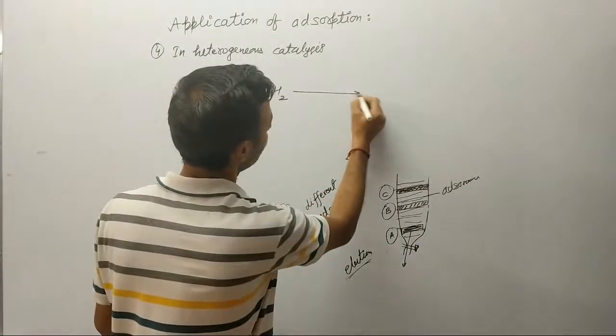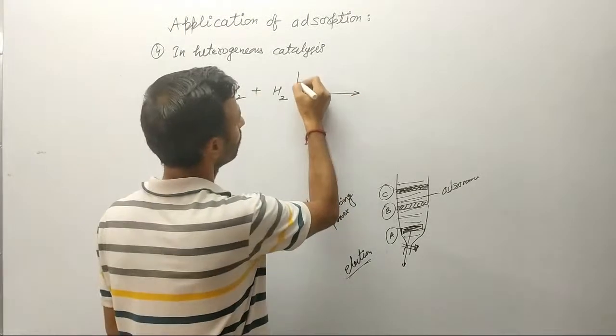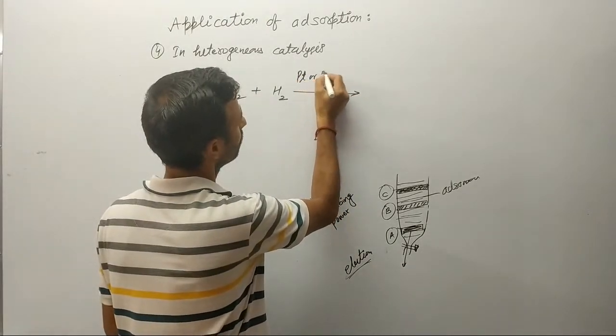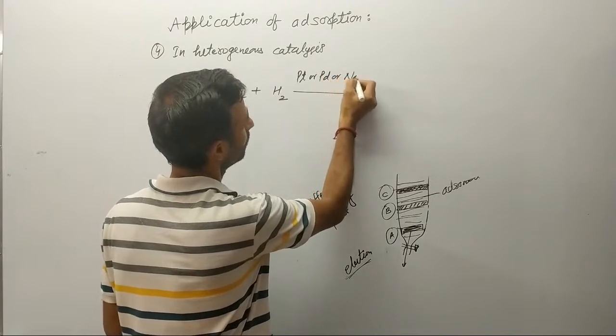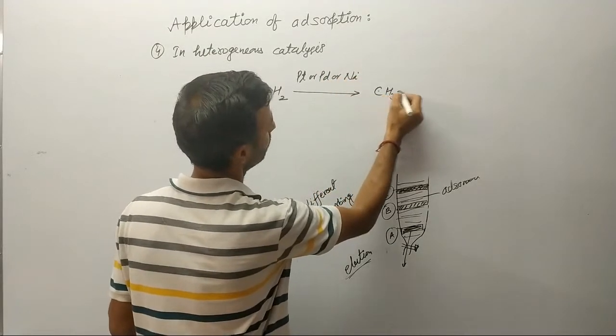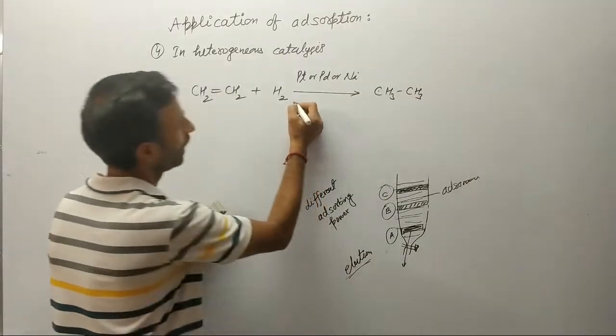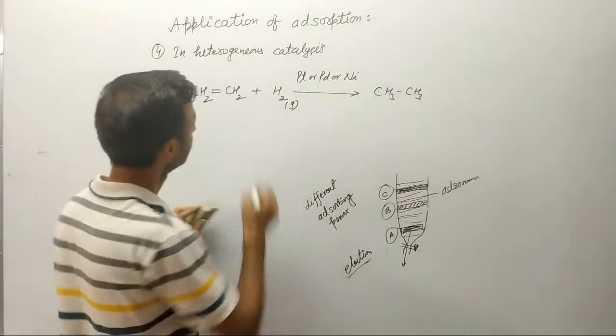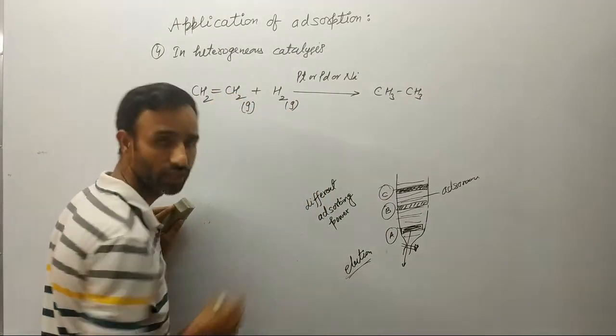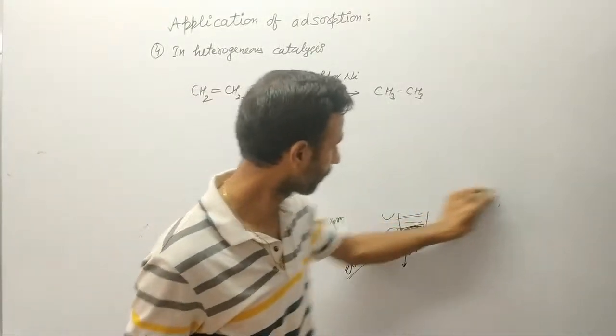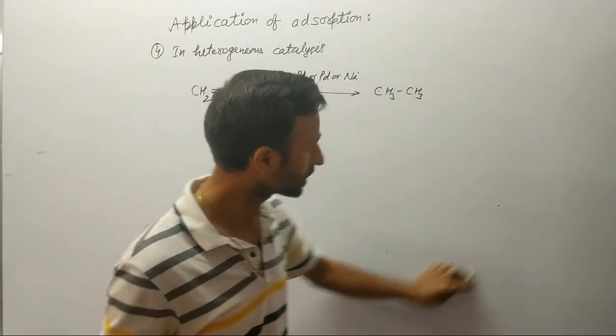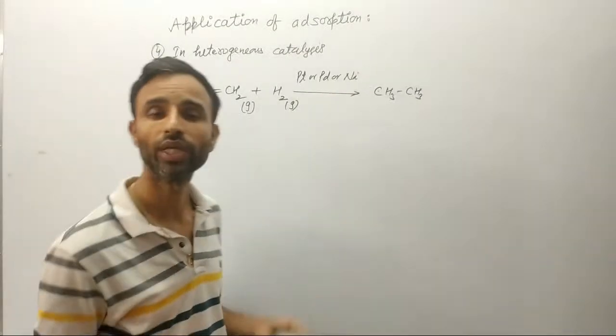What we do is use platinum, palladium, or nickel. Hydrogen is a gas, ethene is also a gas, so these gases first adsorb on the surface of